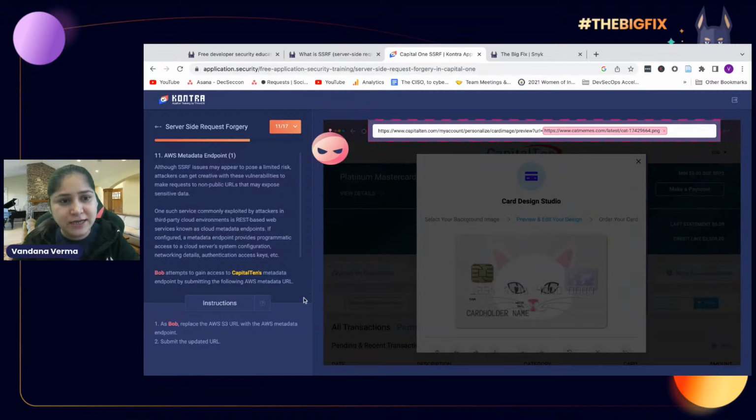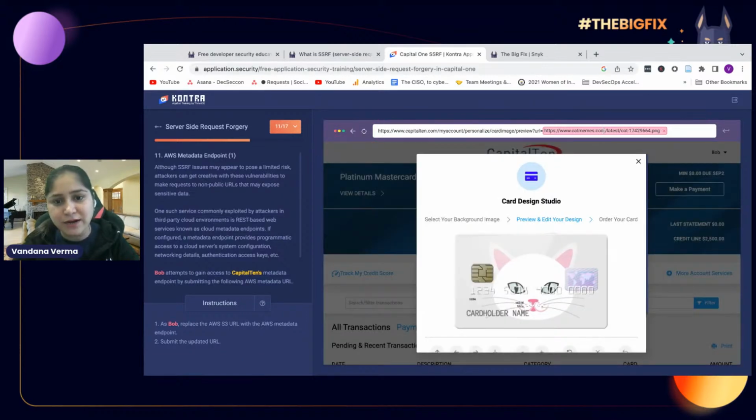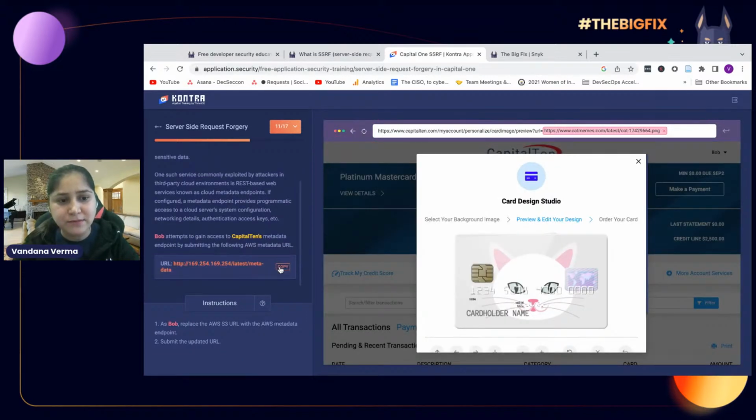Now, instead of this nice URL, if I want to upload some URL which could be fishy or which might give me the information. So if you look at the internet, 169.254.169.254 is a generic URL for AWS accounts. Now, I am trying to get some information using that.